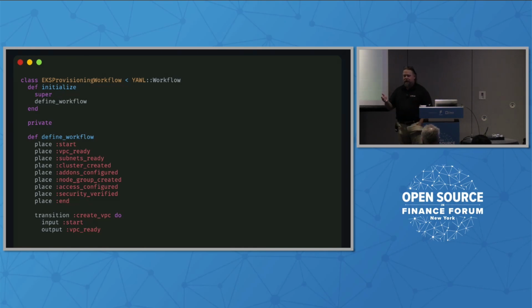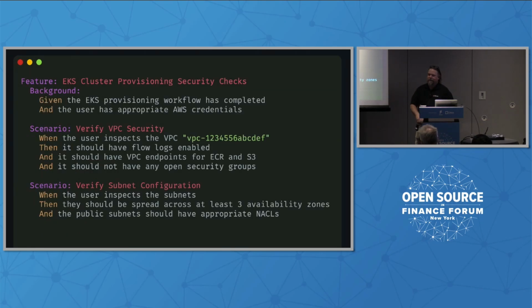And this is something I learned that was very interesting about financial services, something about infrastructure and BDD tests. So when we're provisioning infrastructure, they want to use Gherkin because this is what they hand to a lot of their auditors. And they're like, yes, these are all of the checks that we do to be able to validate the infrastructure that's being configured. So I can now run this.